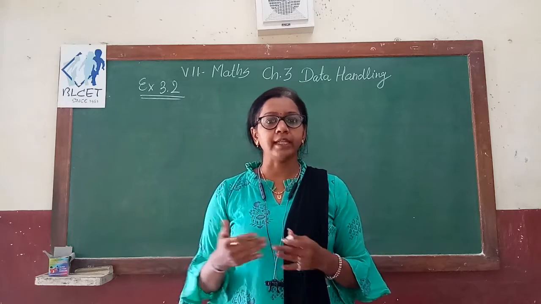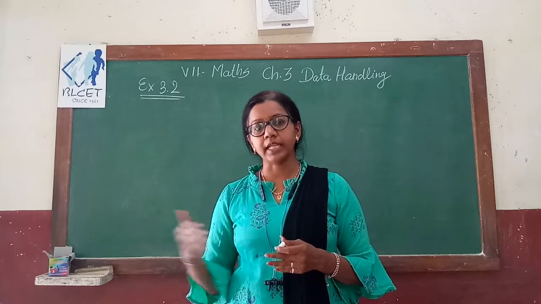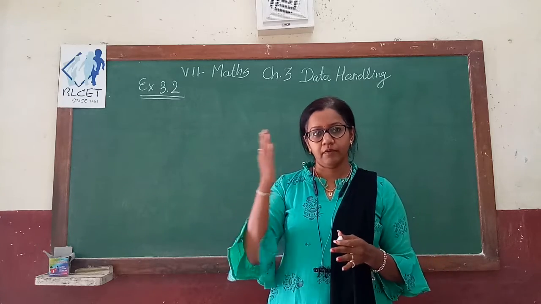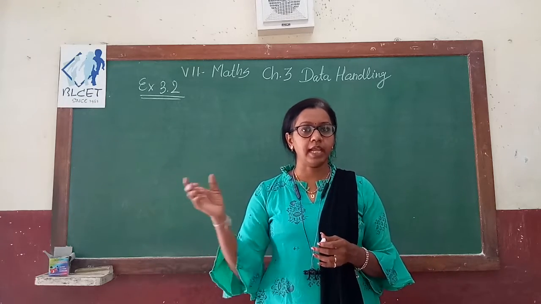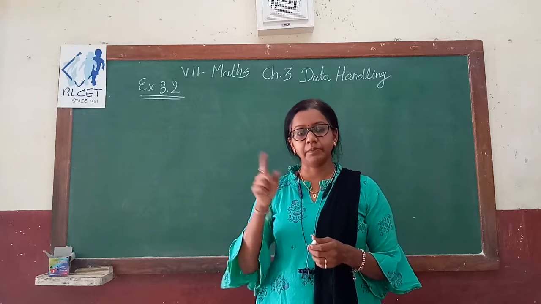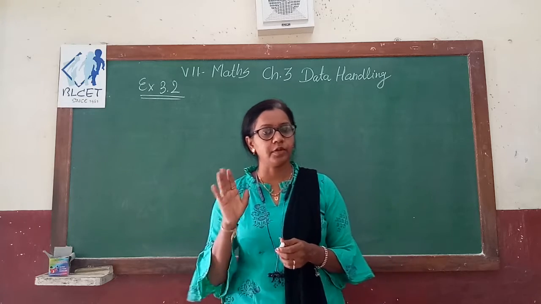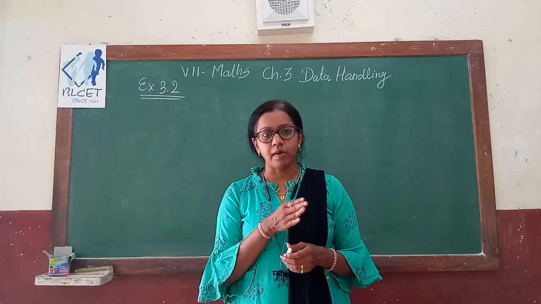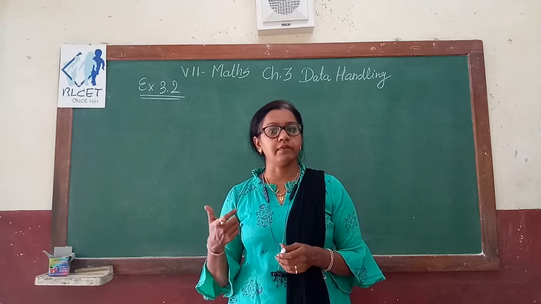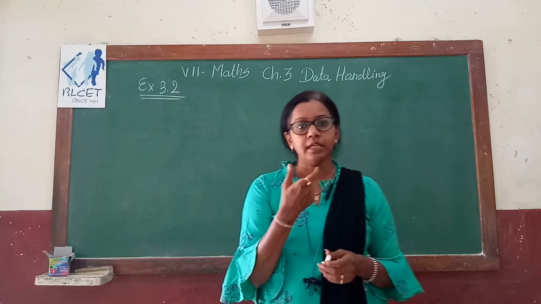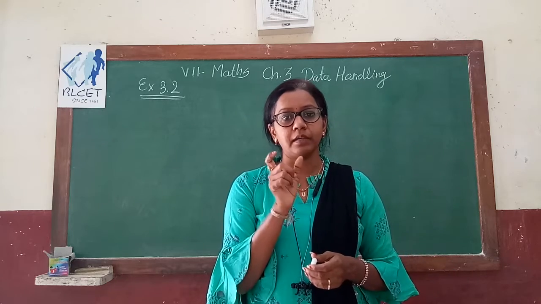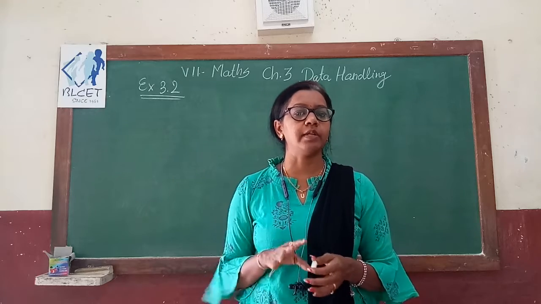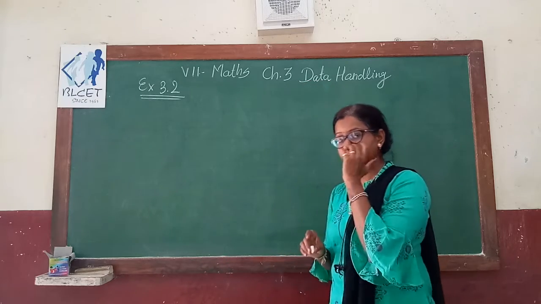Median, we are finding the central tendency. How? We arrange all the observations in ascending order and then we cancel from the front and from the back the same number of observations, and the middle value, if you are getting anything left, that is your central tendency. That is possible only when you have an odd number of observations. Suppose you have an even number of observations, you have to consider the two middle observations and then take the average of those. This way we can find the median.